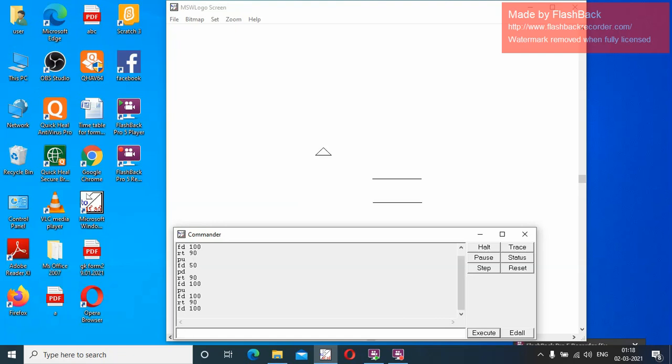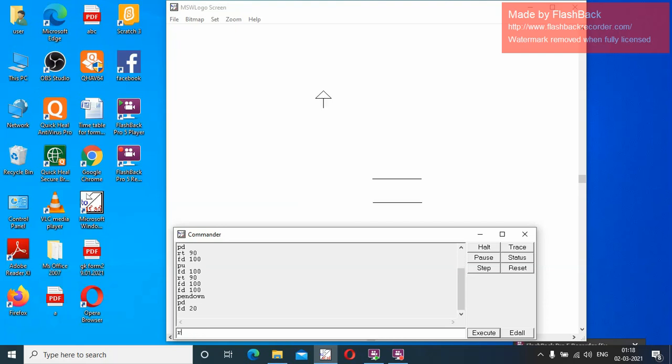Now here I want to draw a square, suppose FD 100. Oh, it is not drawing. Why? Because I have not done pan down. Either you can write PENDOWN, or just PD, enter,